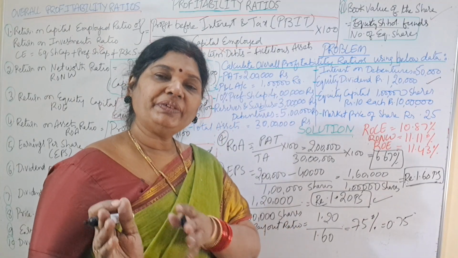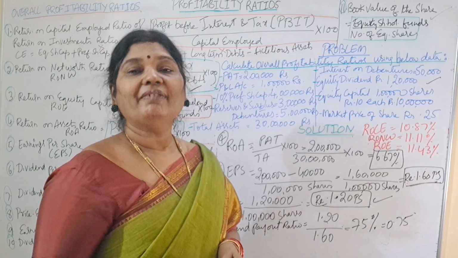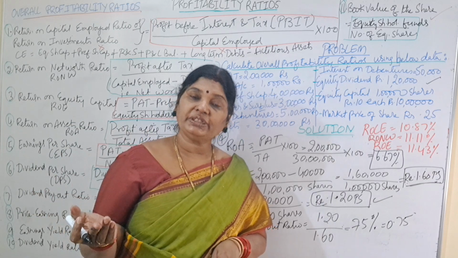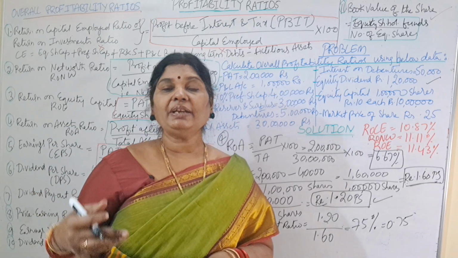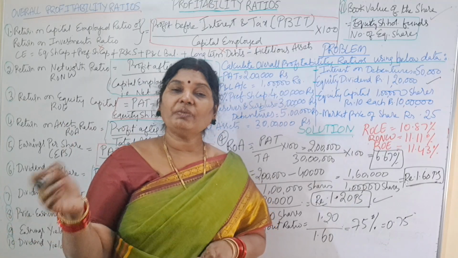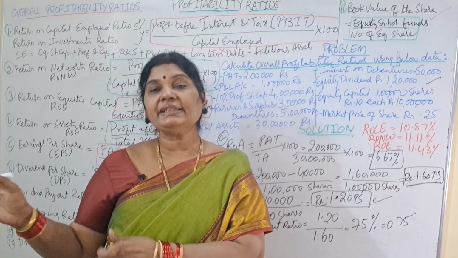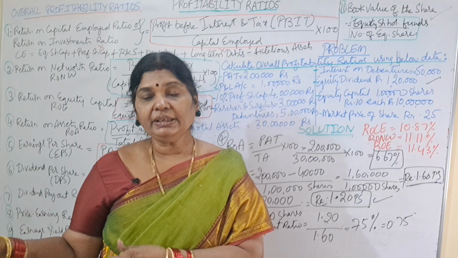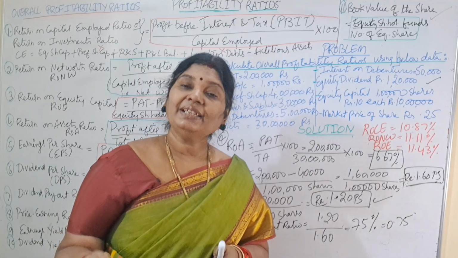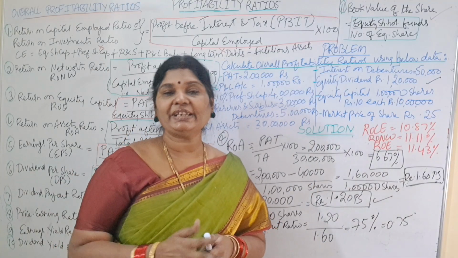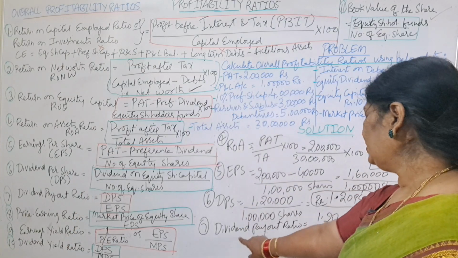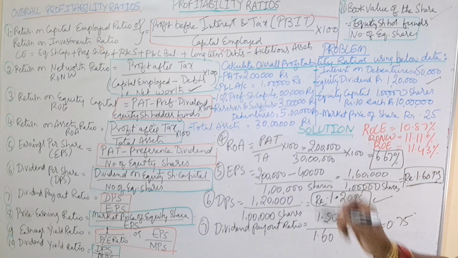Means the other 25% they are keeping as retained earnings. Why the company keeps retained earnings? Because the company wants to have any expansion in the future, any diversification in the future. See, for every expansion, diversification, or any development or modernization, they can't go for bank loans, right? So what they will do, whatever the reserves they're keeping aside as retained earnings or plowing back of profits, right? They will use that reserves and they will develop the business. So here the company is safe because the company need not borrow every time from outsiders. Here I have explained return on assets, earnings per share, dividend per share. Next, dividend payout ratio. Another 4 ratios are remaining.